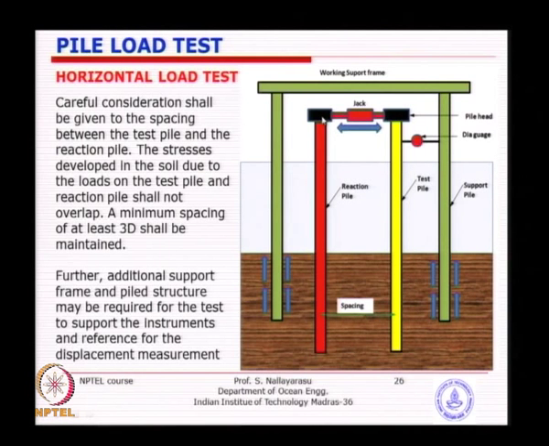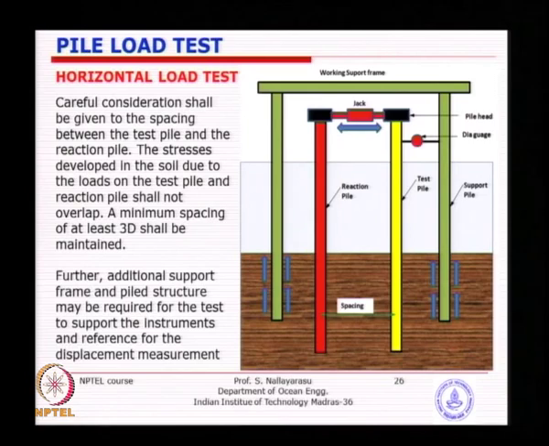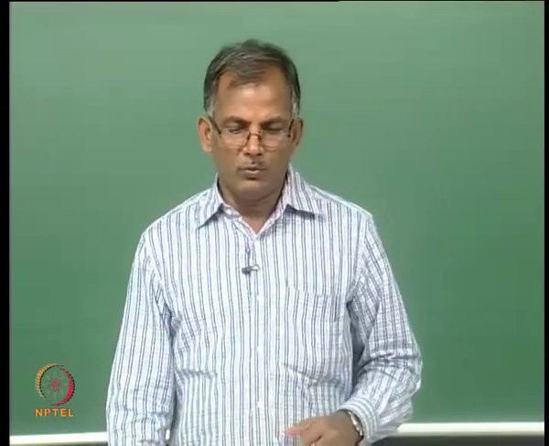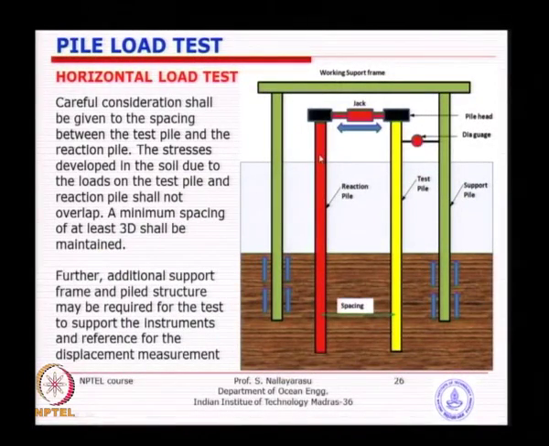Otherwise you will be measuring the relative displacement, because this other pile is also moving, and then how much, we have to find out. So you need a calibrated system to find out what the displacement will be, which will be quite tough, because you can theoretically calculate, but then it may not be correct. The reference will be used, another few piles are required, or a support system is required to support all this, as well as access to these places.